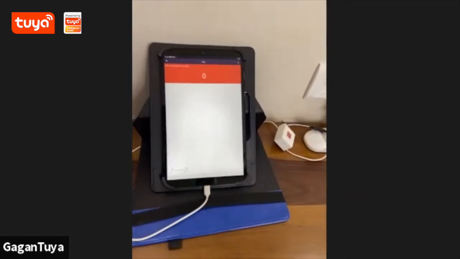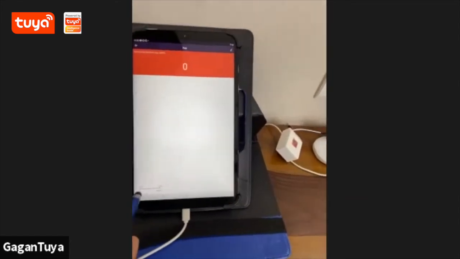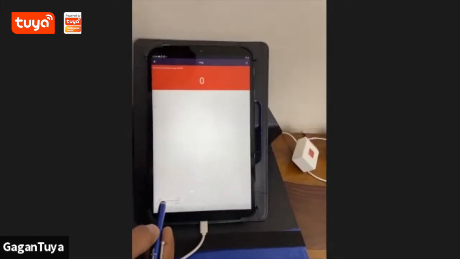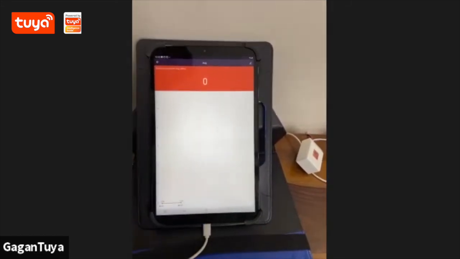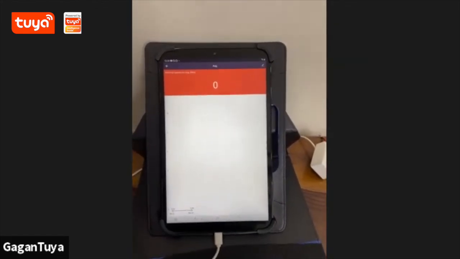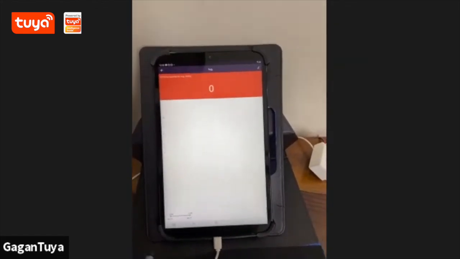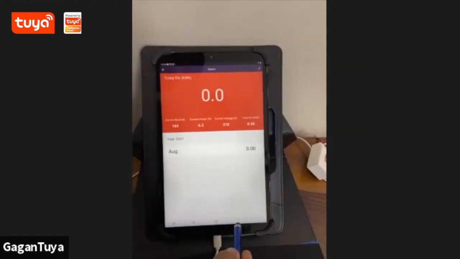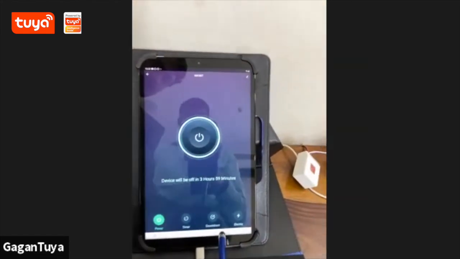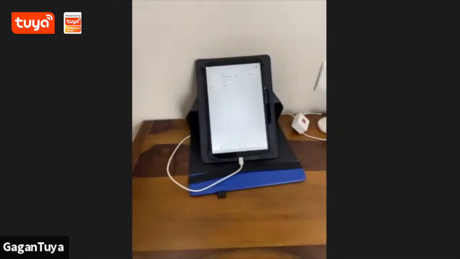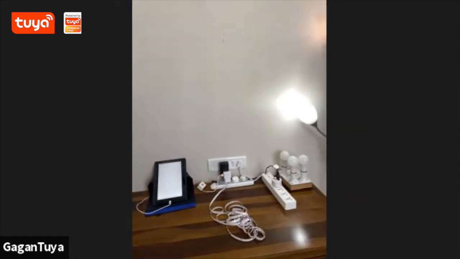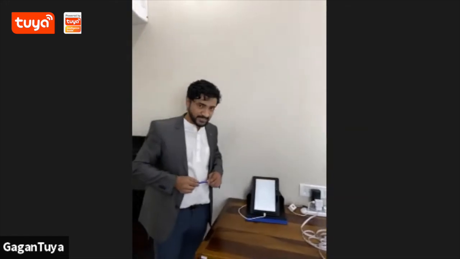So at this moment we have not plugged it in for a long period. That's why we cannot see the actual graph. But if we turn it on for a period of 1 month, then we can see the whole graph of the power consumption of any appliance. So this was all about the pairing process of the smart devices, which includes the smart bulbs, then a smart strip light controller, and the power socket.